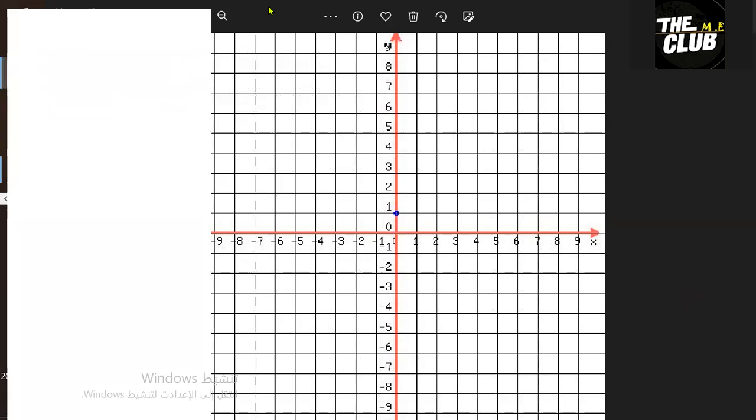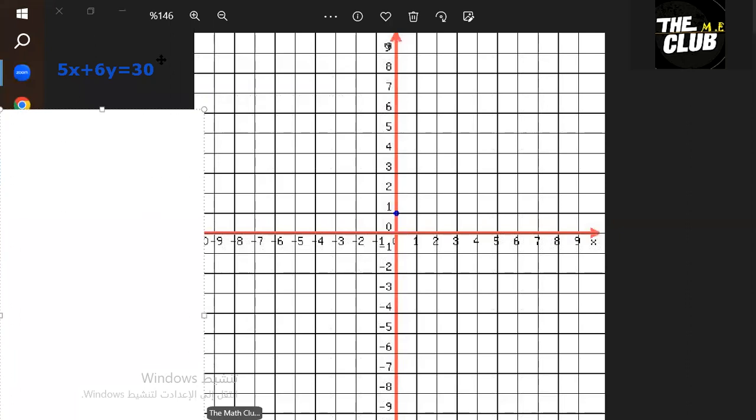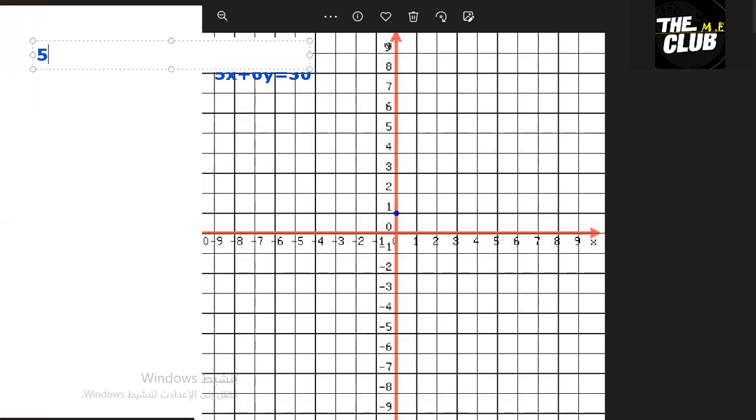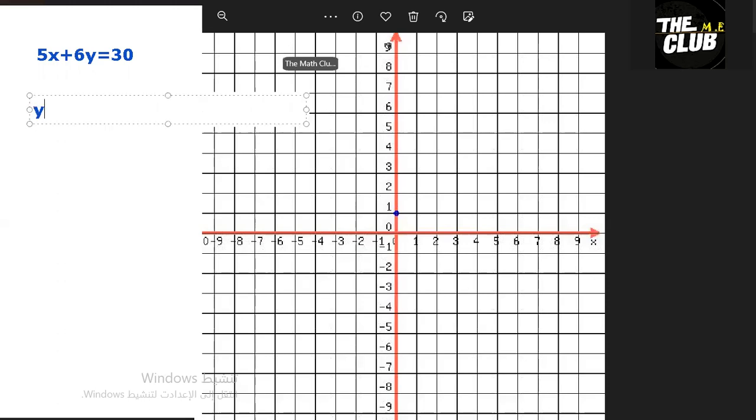I'll do it again. So 5x plus 6y equals 30. Now, this equation is not in the form of y equals mx plus c. We have to put it in the form of y equals